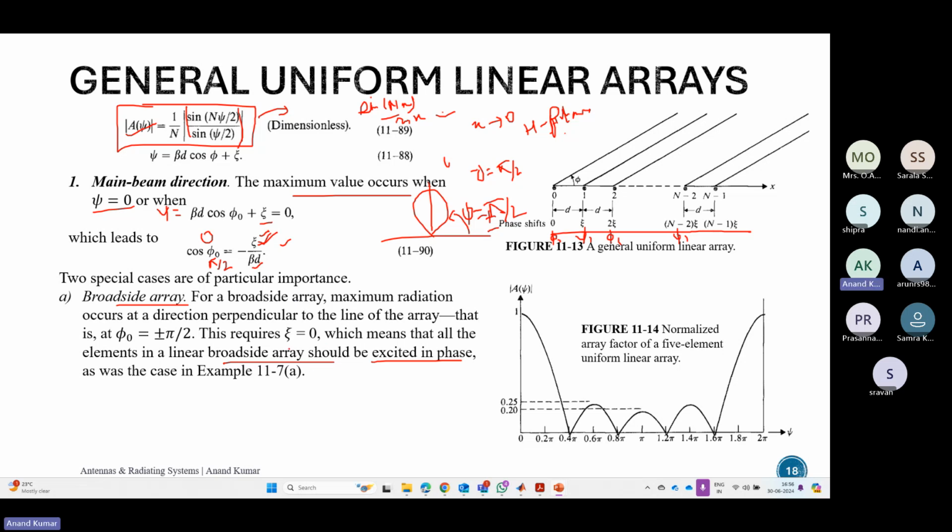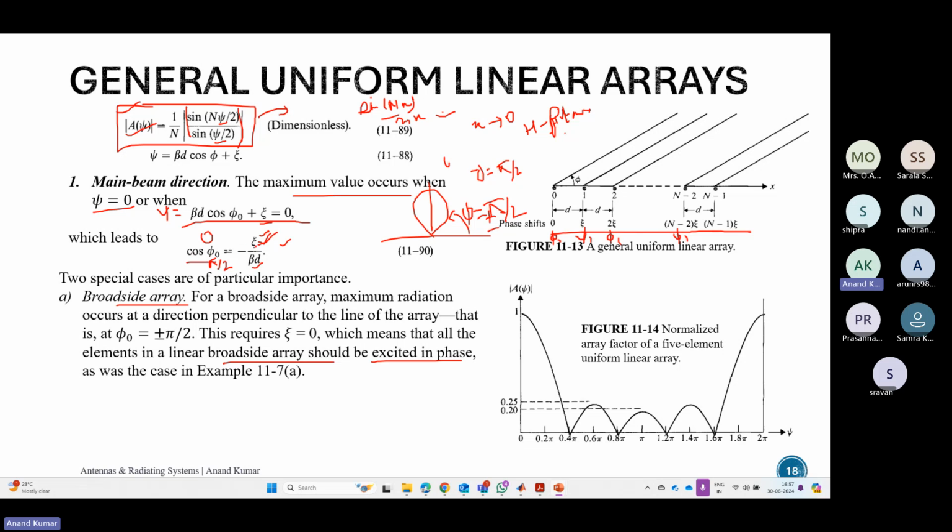Was this clear? Should I repeat this once again? So what we're trying to do is find out the main beam direction, and the main beam occurs when this array factor has the maximum value, and this happens when this psi value is 0, and for psi equals 0, we equate this function to 0, and we end up with